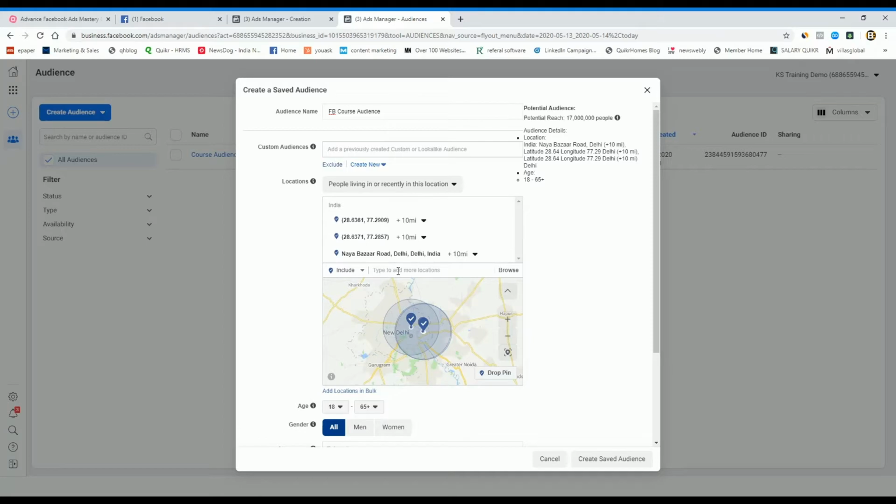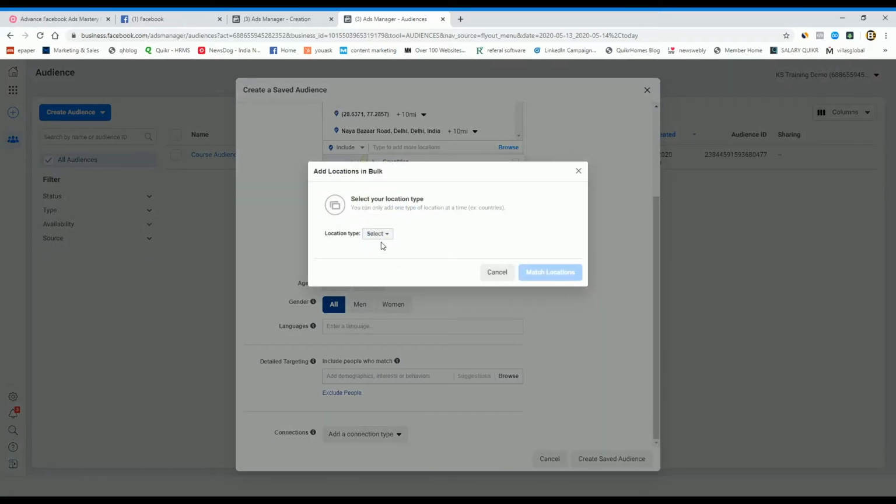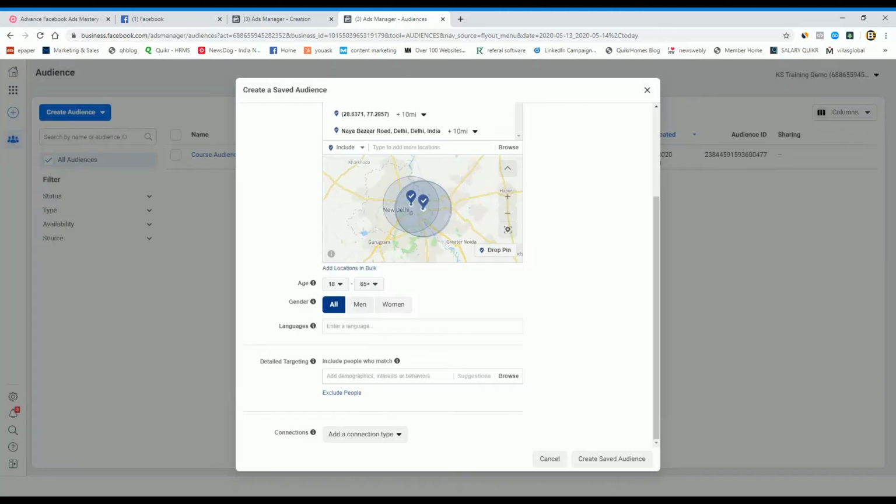You can also search on this location here, or browse. You can go ahead with a country, or a region or sub location. You can even create a list for a location that is not there, using the postal code. You have to check which market you require to advertise your product and services. So I selected Delhi.